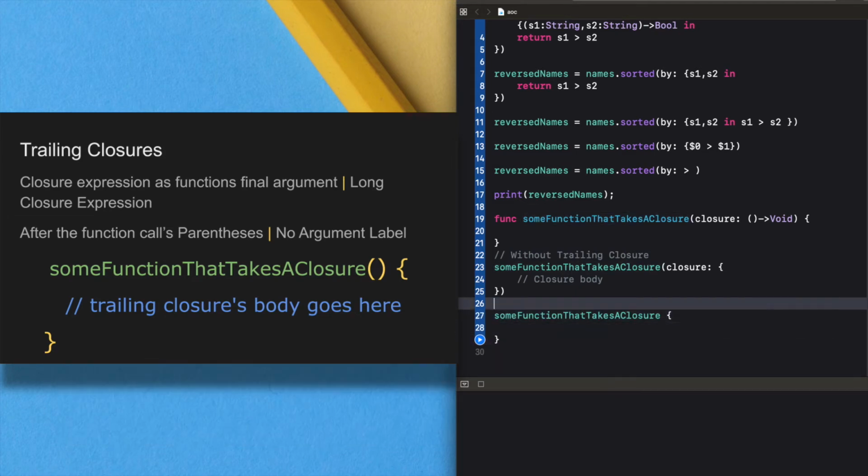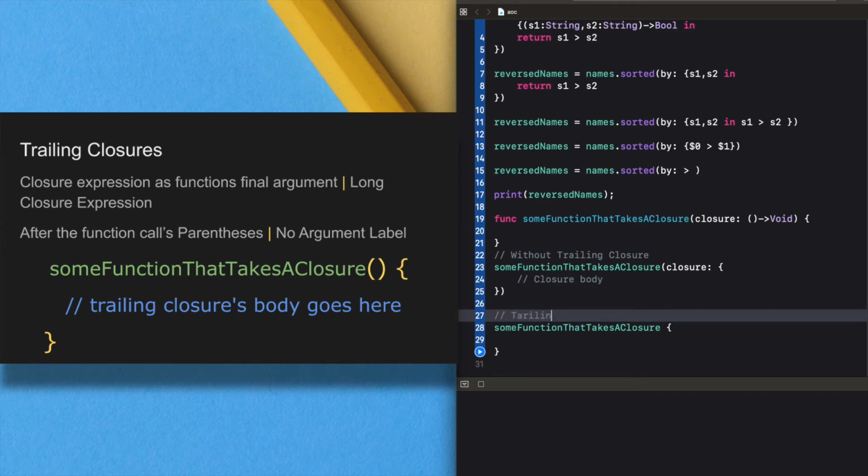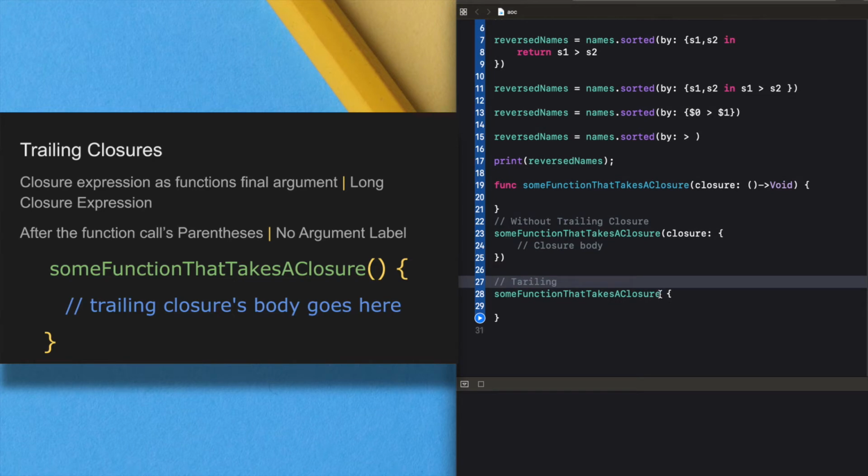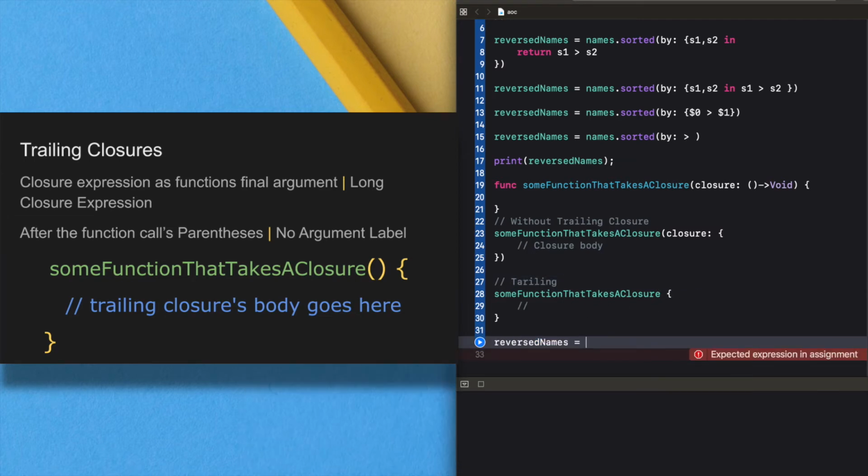This is the way of using a trailing closure. Just call it without the argument label, and it is written after the call's parenthesis. So we just use this one.